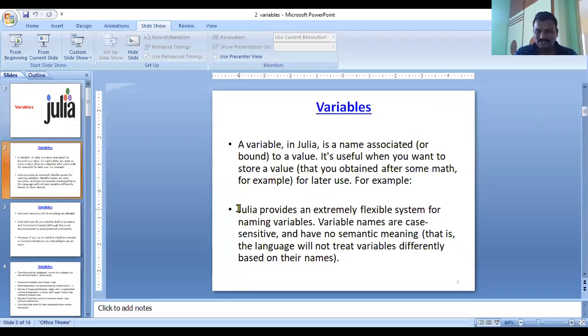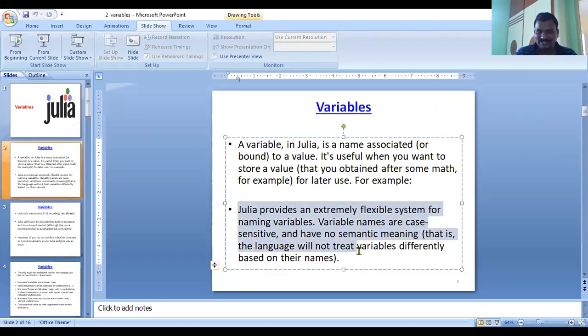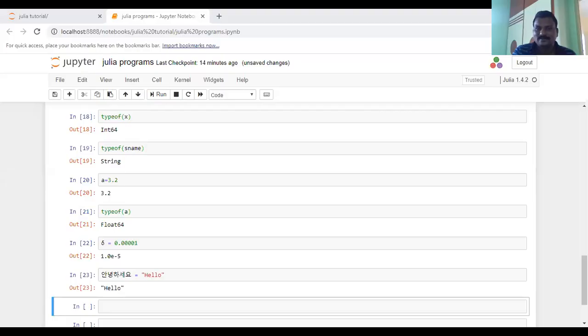The variable naming provides an extremely flexible system. How can you provide that information? It allows Unicode names like this. It allows the delta symbol, for example delta equal to 0 point some value.